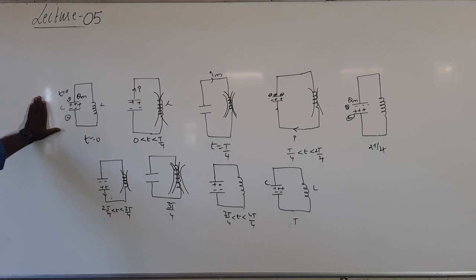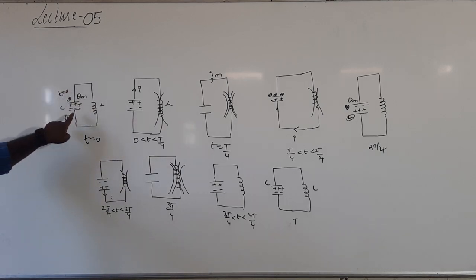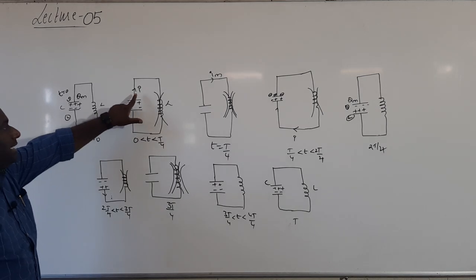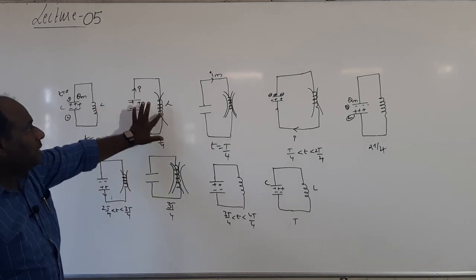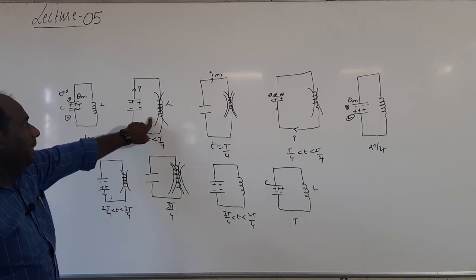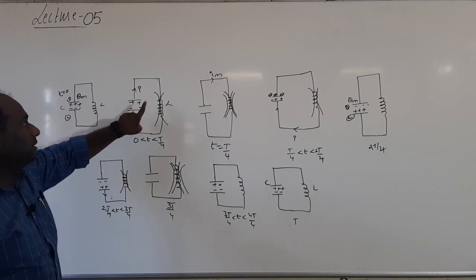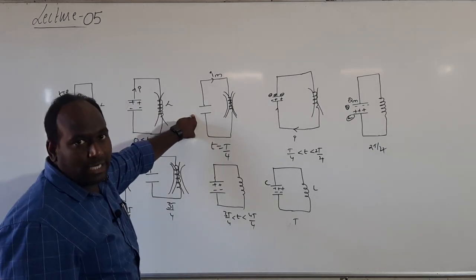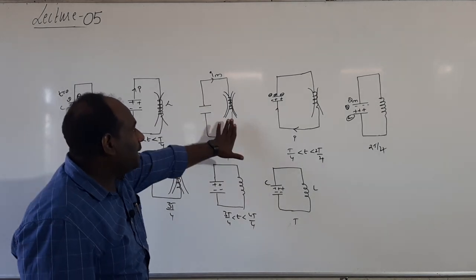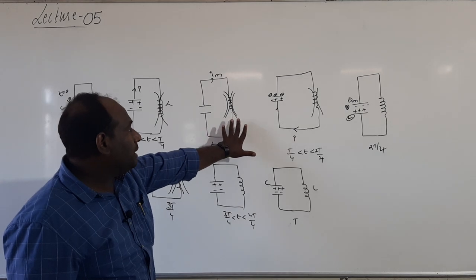Please pay attention. Here I am taking a capacitor completely charged. The maximum charge on the capacitor I am going to take as Qm. So initially it is completely charged. This completely charged capacitor is connected to an inductor. Then the capacitor starts losing the charge. The rate of flow of charge is current, so current I flows to the inductor, and because of this current, some energy is stored in the inductor. Since the capacitor charges the inductor, the charge on the capacitor keeps on reducing. After some time, the capacitor is completely discharged, and whatever the charge on the capacitor was is completely stored in the inductor.